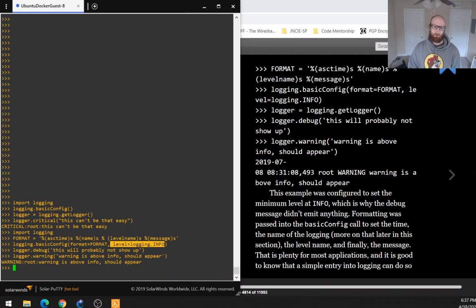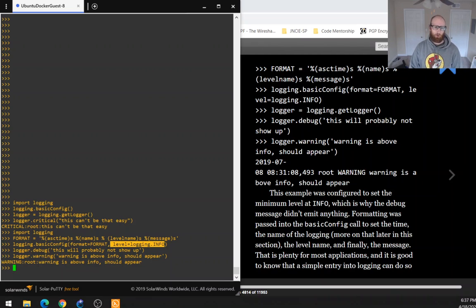So you get messages for the logging level you specify and for levels that are a higher level of severity. I think the higher level of severity gets a higher number. I think that's standardized. I'm not exactly sure, but